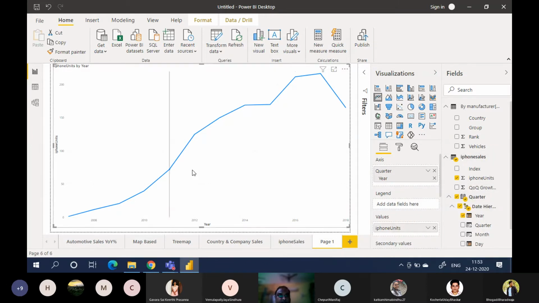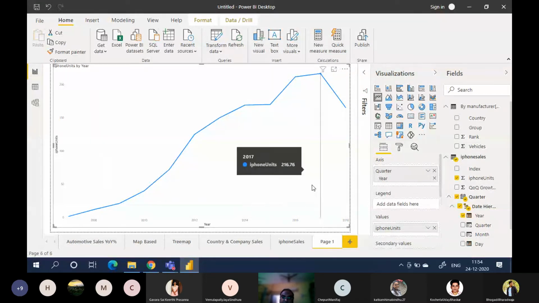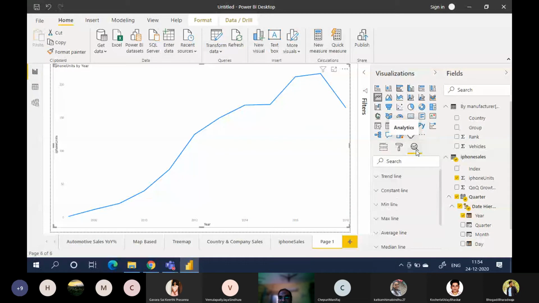Okay, so I have created a line plot. All of you have created the line plot. Okay, can you confirm year and units? Yes, sir. Right.